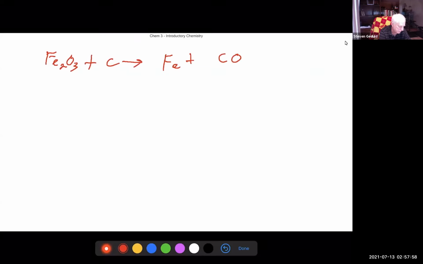And they balance it for you. In this one, there was 3 carbons and 2 and 3. I just always double check. 2 irons, 2 irons, 3 oxygens, 3 oxygens, 3 carbons, 3 carbons. We're good. Okay, it says combining 0.226 moles of the iron oxide